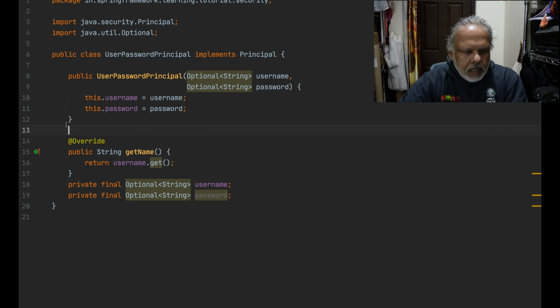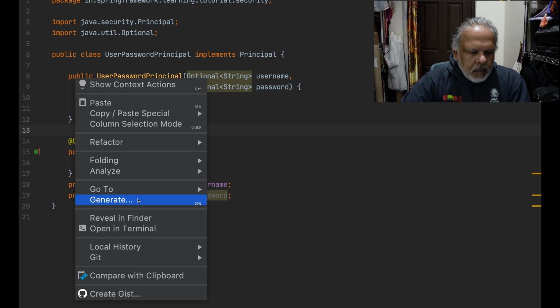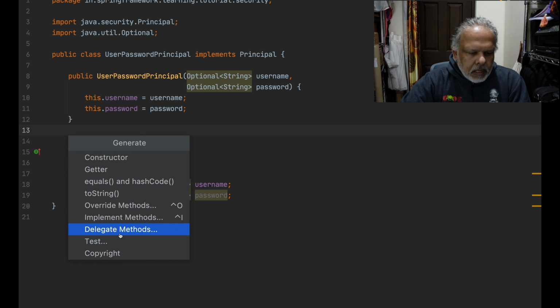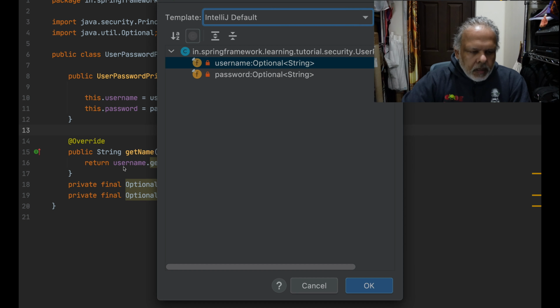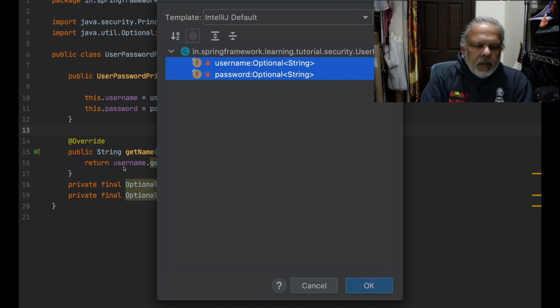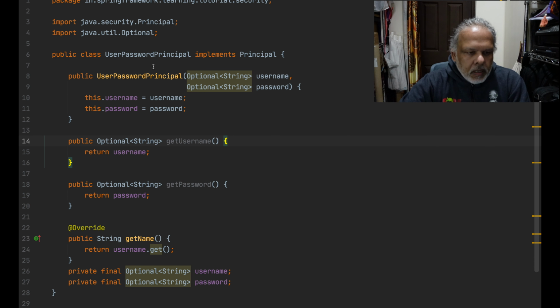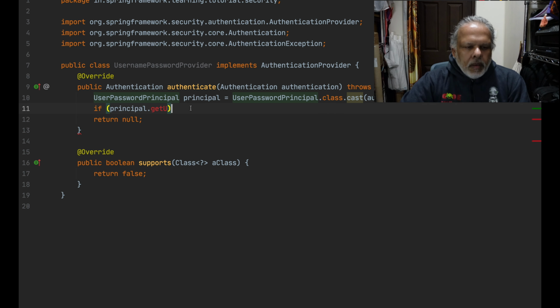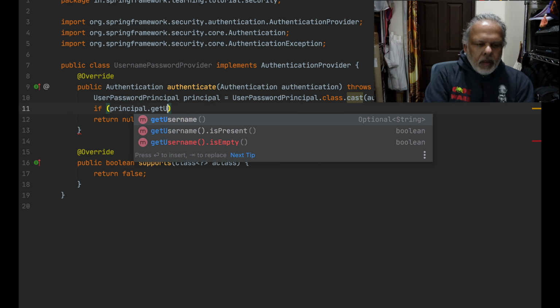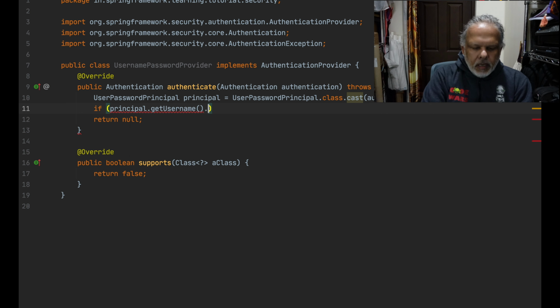Let's add getters and setters. We don't need setters because both are final, only getters will be allowed. And so, if getUsername is present,